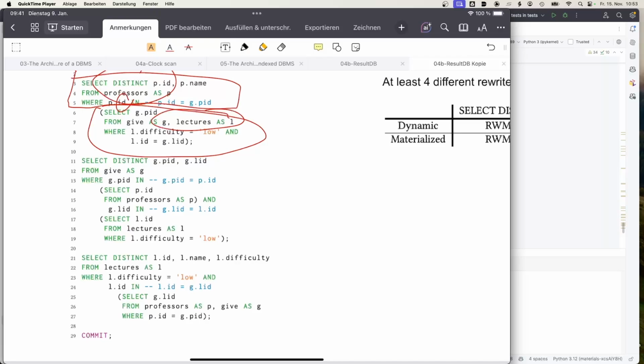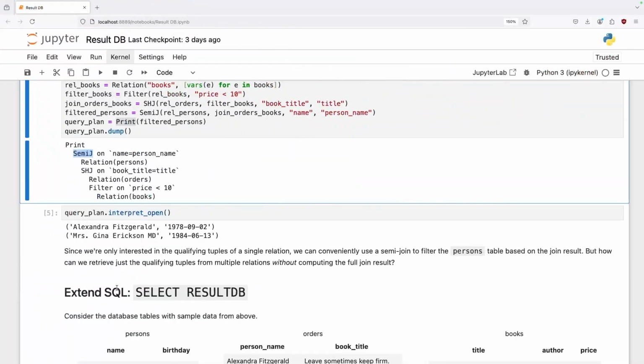So the problem here is that SQL doesn't have an explicit semi-join. You can't write it in SQL, it just doesn't exist. So there are two ways how to emulate these things. One is via distinct and the other is via a subquery. And that's why you see that in these rewrites here. Okay,